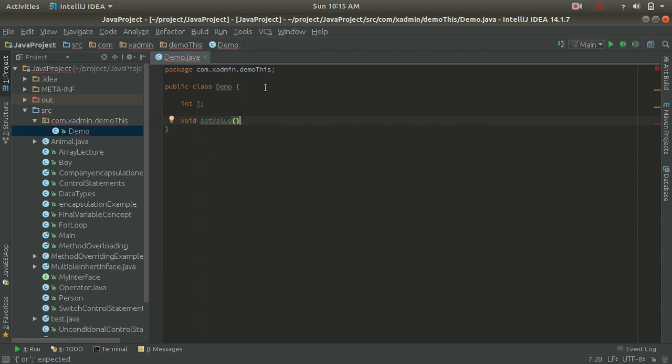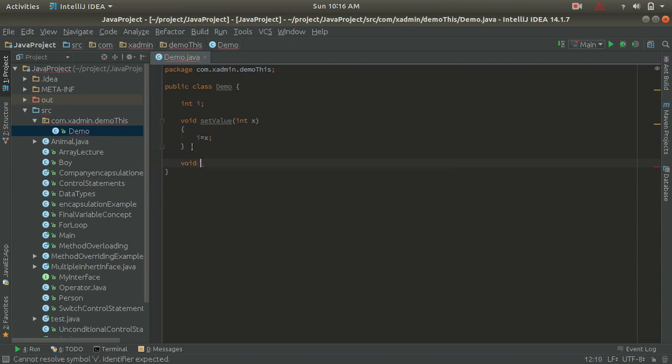So here setValue is a method which is going to store the value to the instance variable. Let's keep it x, and let's store this x to i. So setValue is a method which is going to set the value of the instance variable, right? Now I am going to create one more method which is going to display the value of i.